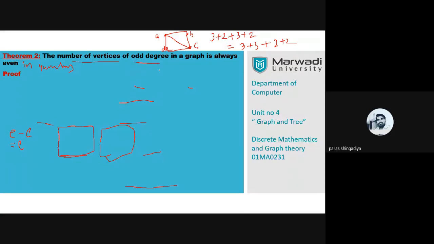definition to any graph. Okay, for this graph, will these definitions work or not? For this graph, will this statement work or not? So first you have to apply this statement to any graph. You have to understand clearly the meaning of this statement, and then you have to read the proof and you can easily understand all the steps.